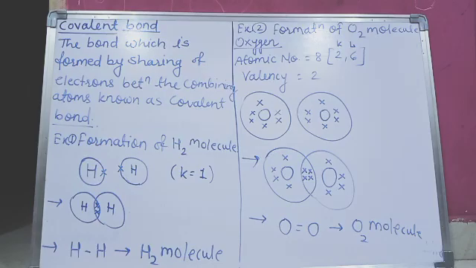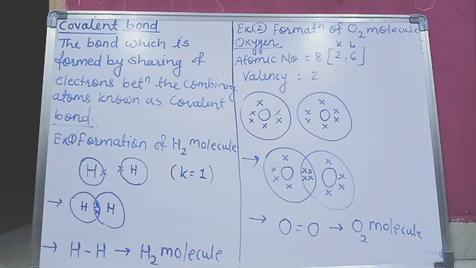Okay, not only carbon but other elements also form covalent bonds. Now here you can see the formation of a hydrogen molecule. As you know, the atomic number of hydrogen is 1, meaning it has just 1 electron in its K shell. But the maximum capacity of the K shell is to occupy 2 electrons. So when will this K shell be stable? Unless and until it has 2 electrons, but hydrogen has just 1 electron. So here the hydrogen atom shares its 1 electron with another hydrogen atom.